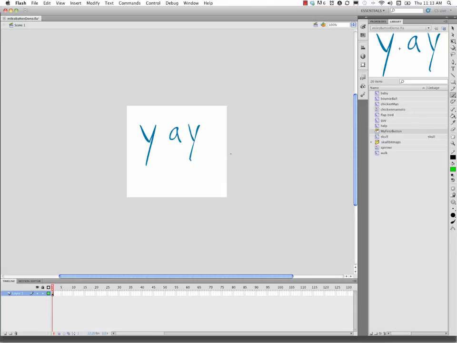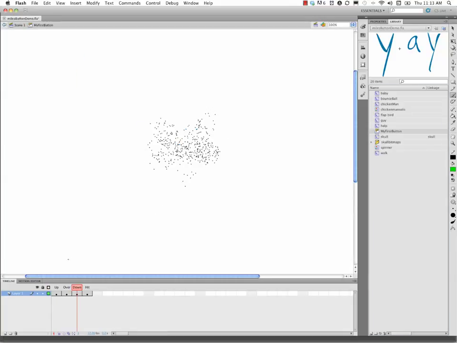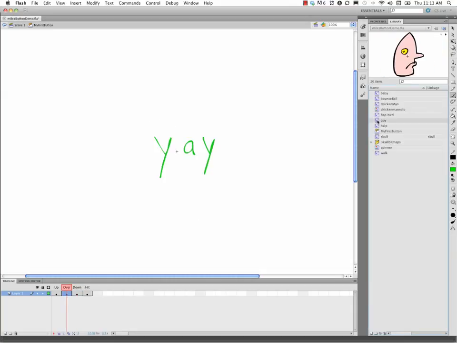Alright, now here's where we can really do some damage to ourselves and others. Let's go over to our button symbol again to edit it, and let's change some of these states. I've made some animations here that I think I've shown before in the library. Let's start to see what happens when I delete what I've got here, and for the over